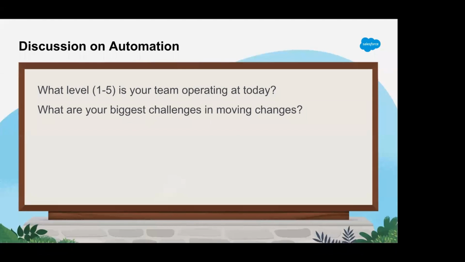So I'd love to hear from you guys now. What level would you guys say your teams are operating at today? And then what are your biggest challenges in moving changes, doing deployments? Any thoughts, input? So the team that I'm working with, probably 3, I would say, in a range of 1 to 5. And the biggest challenges,